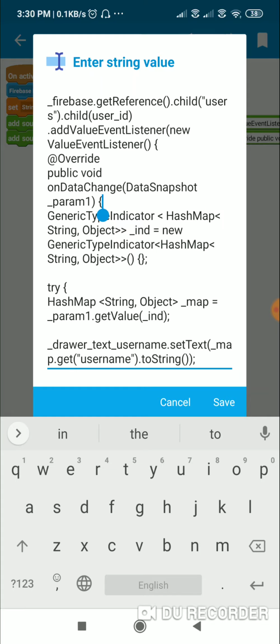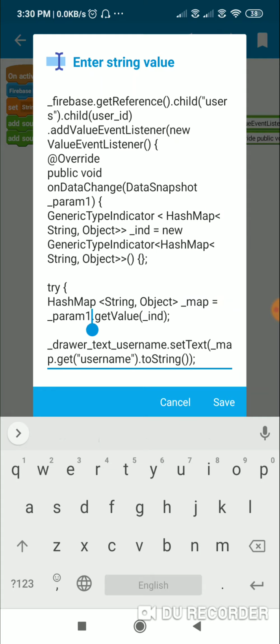Okay, and here in this onDataChange method, first we define a generic type indicator, HashMap<String, Object> _ind. This _ind is a generic type indicator and it indicates type HashMap<String, Object>, which means a map variable. Then I have a try-catch exception block, and here I define a map variable, _map, HashMap<String, Object>.